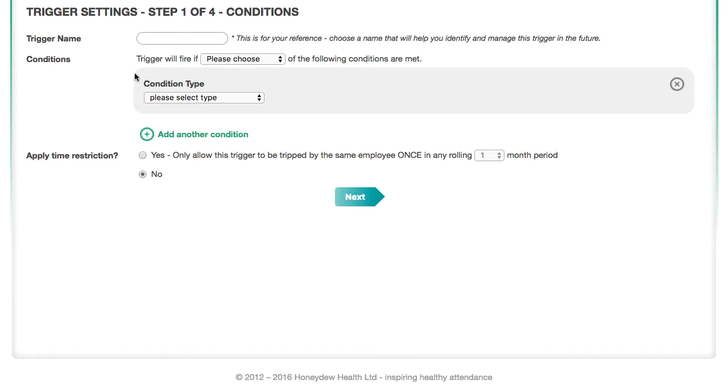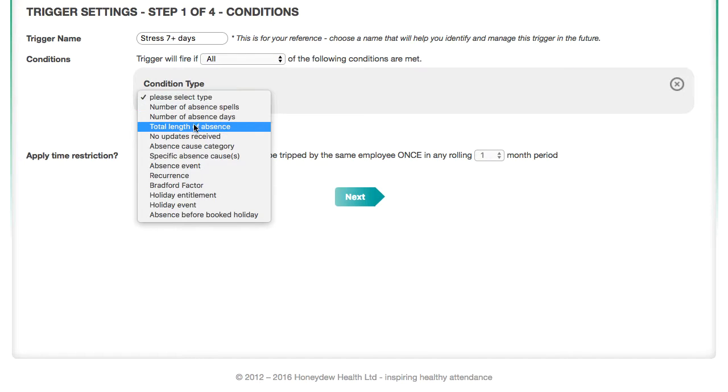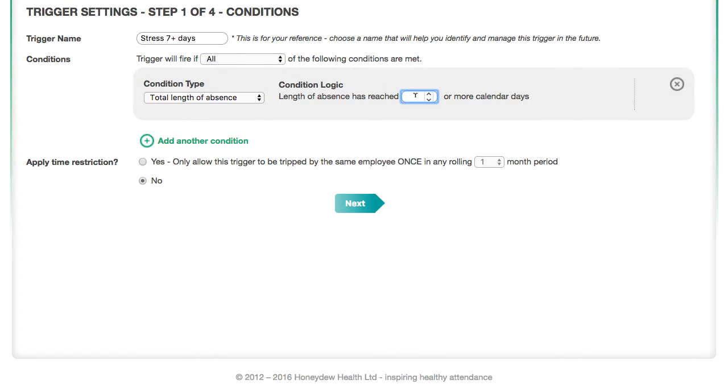This is a 4-step process. First, you need to name your trigger. This will be shown on some reports, so try to use something short and descriptive, and choose the definitions. For example, I want to flag up all absences that are longer than 7 calendar days and caused by stress